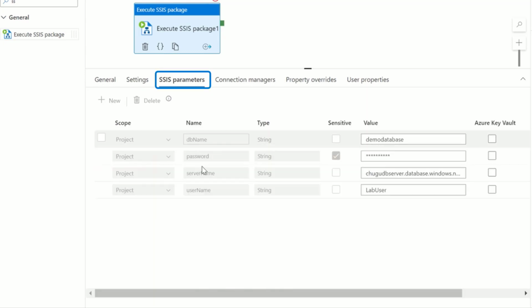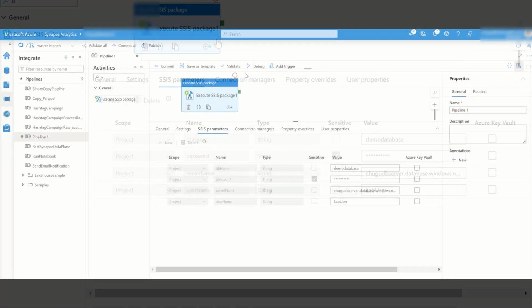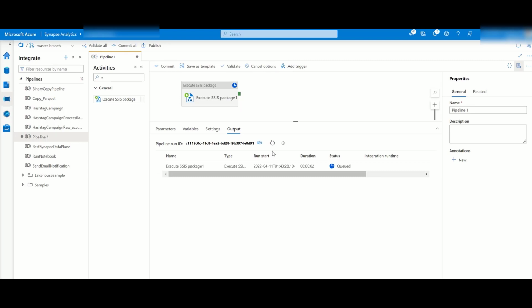Next, we complete the SSIS parameters. In this case, we're adding some of the parameters required by our SSIS package, such as database name, password, server name, and username. For test purposes, we can hit the debug option to run our pipeline, and after a few seconds, we can see the output to verify that our package runs smoothly and without any errors. And with that, we come to the end of our introduction to some of the key aspects of using SSIS